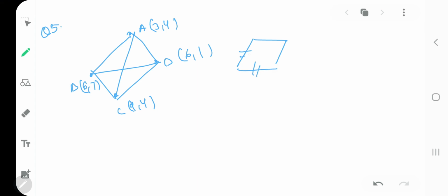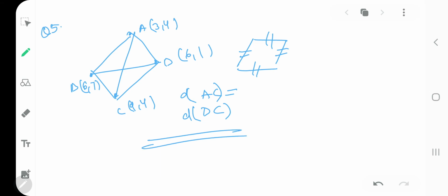4 sides are equal for a rhombus also. Then in that case, the other proof for a quadrilateral to be a square is that the diagonals should be equal. So in this case, you also have to take AC and BD. So distance of AC should be equal to distance of BD. Then only you will say that it's a square. So first you have to find AB, BC, CD, AD. All the 4 sides are equal. Then go for the diagonal checkup. That is, you have to check whether the diagonals are equal or not. Once they are equal, you can say, yes, it is a square. Clear? Okay, next we have question number 6.